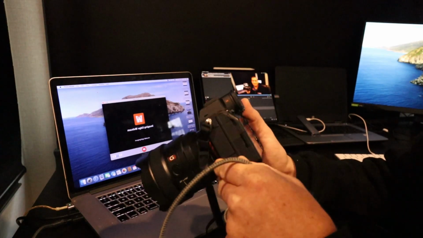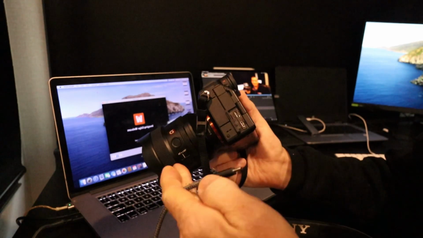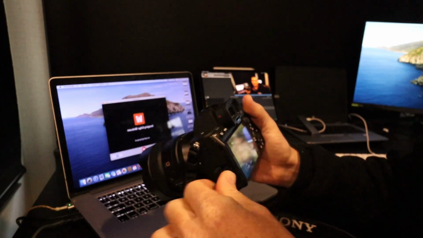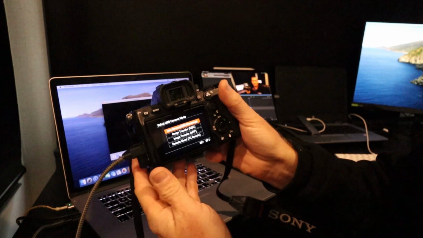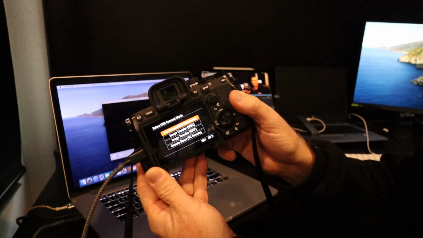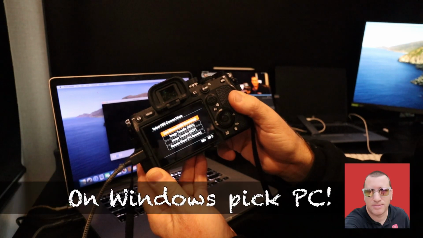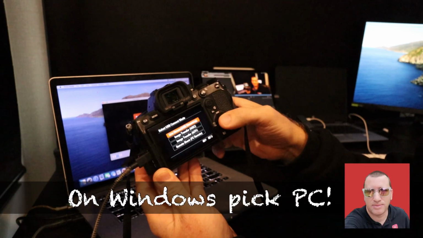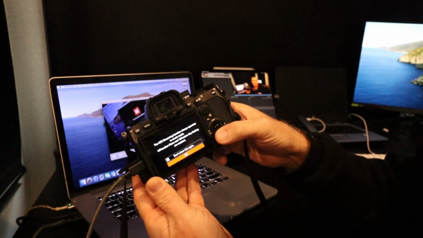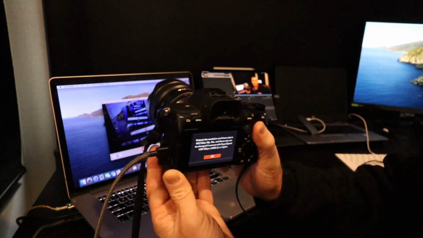The next step is to plug in the camera. So you have your USB cable that you purchased, and we just plug it in. Now, immediately on the A7IV, you're going to have a bunch of options that pop up. You want to pick Live Stream USB Streaming, and then you just push the button, and then it'll ask you about a warning that you need to dismiss if you want. And now you can see